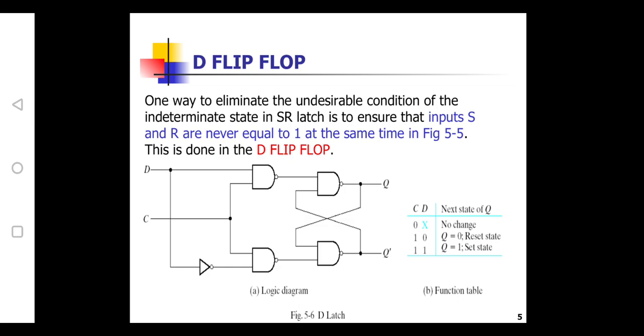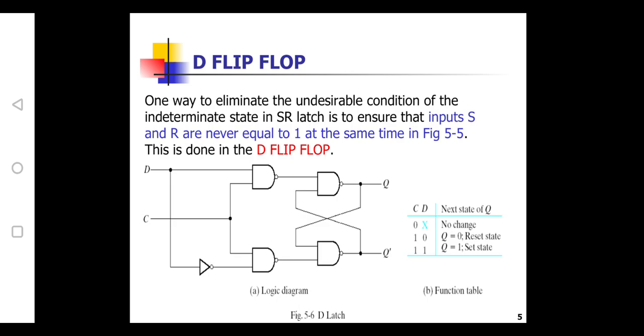If we see the logic diagram of a D flip-flop, it is similar to that of the SR flip-flop. The only change is, instead of S, we are replacing with D, and the same D is given through an inverter to the R. So here, instead of S we are giving D, instead of R we are giving D bar. So from this we can conclude that we cannot get both the inputs the same.